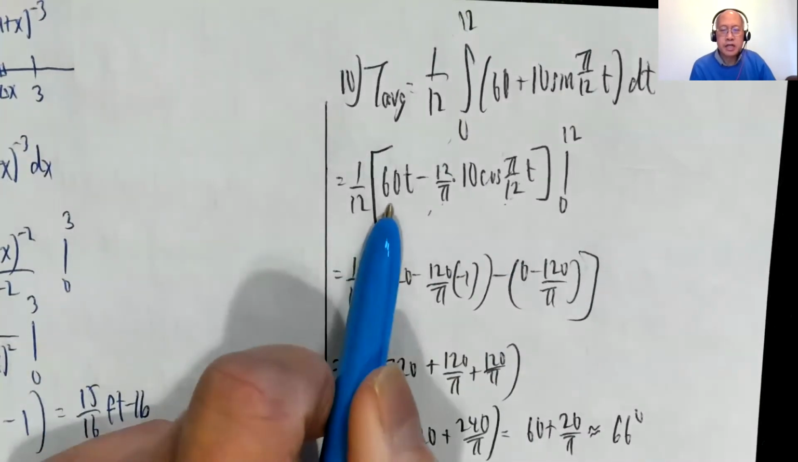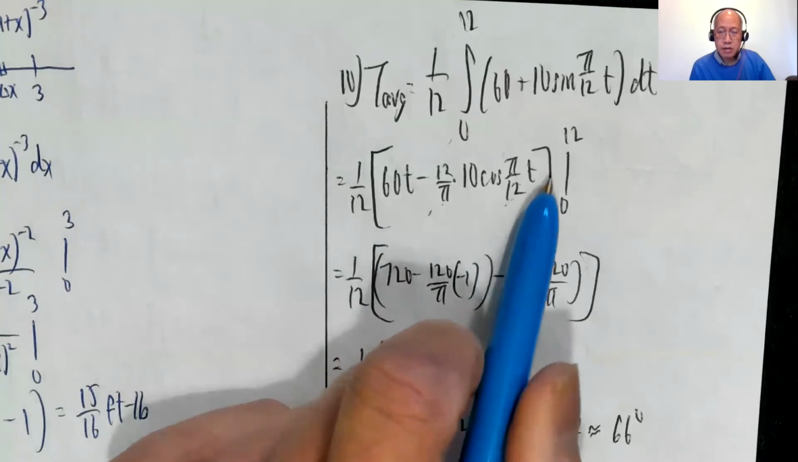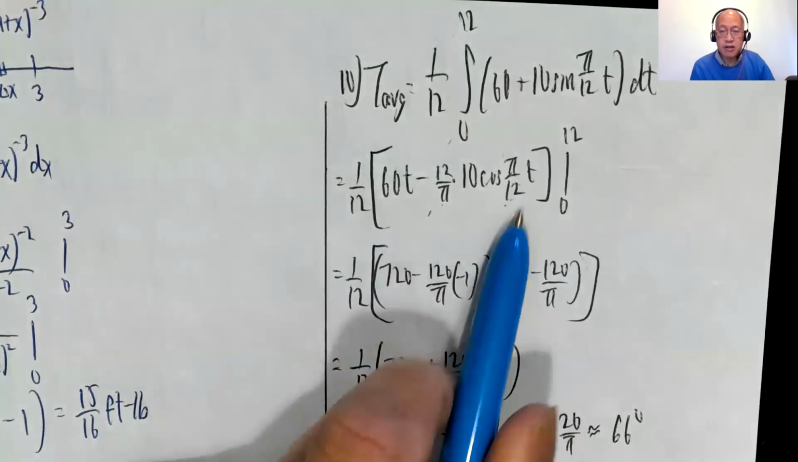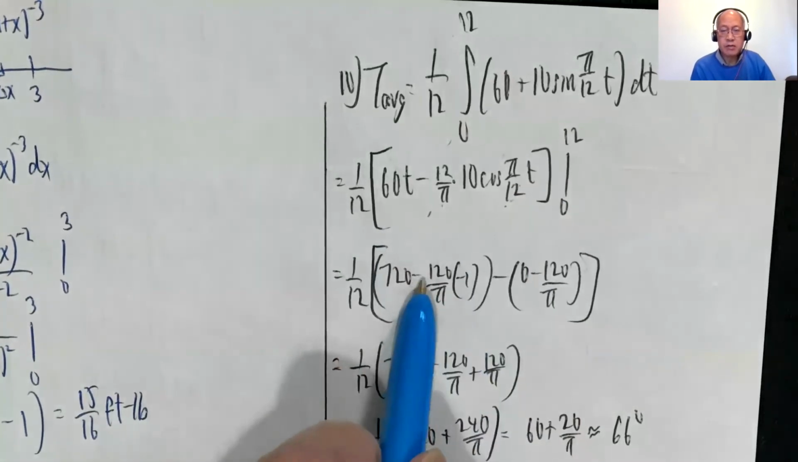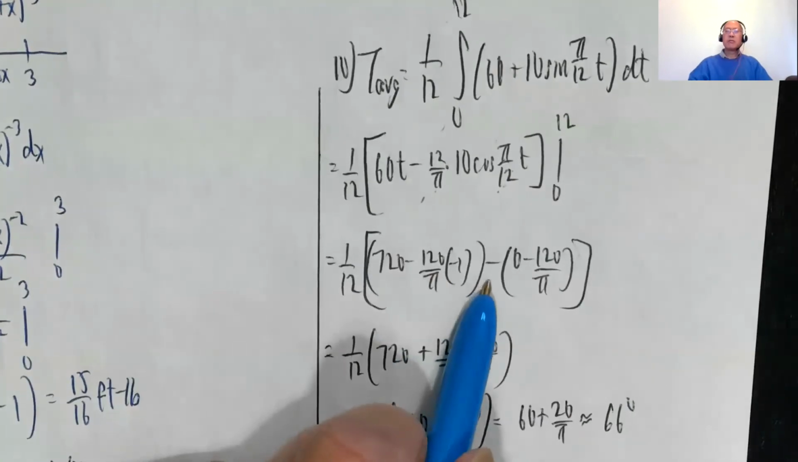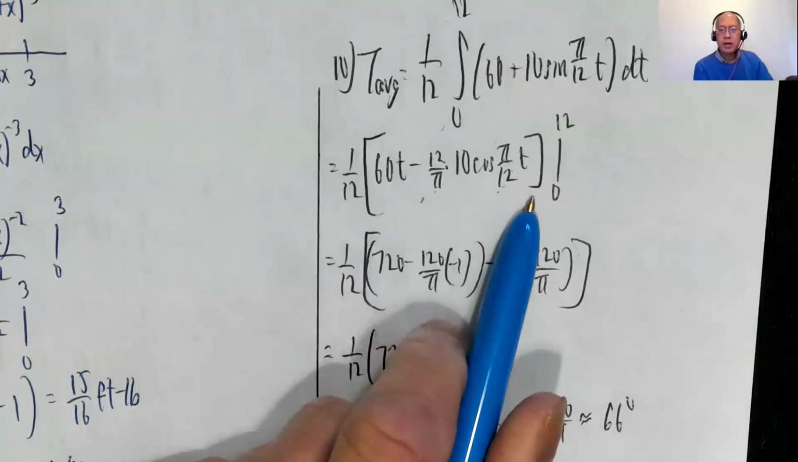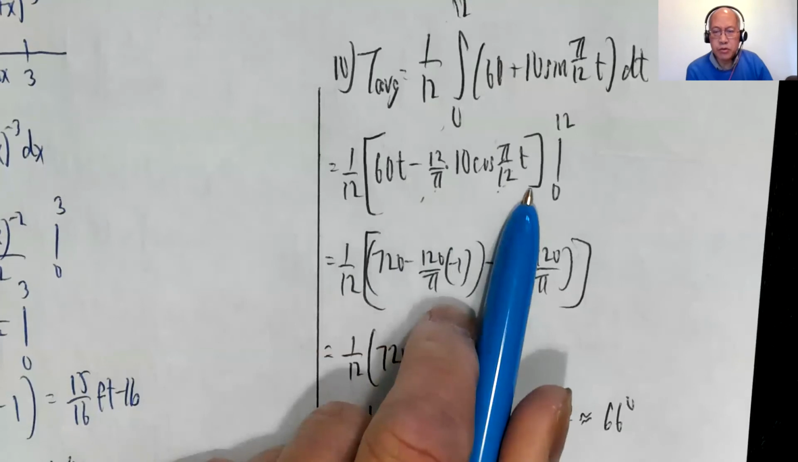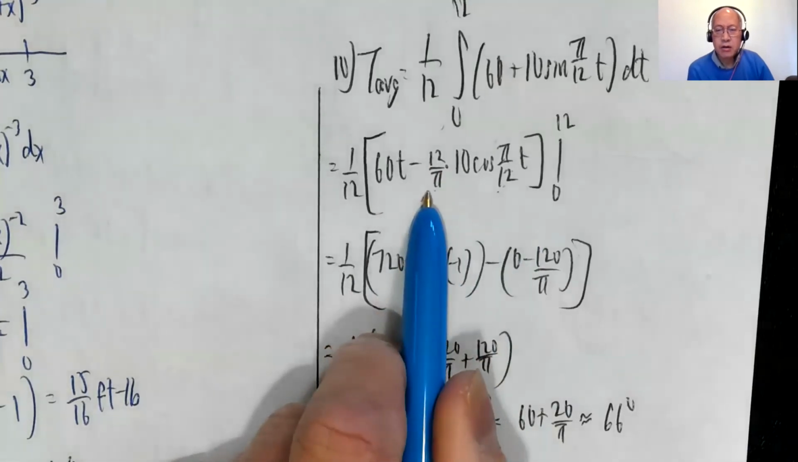Okay, plug in 12: 60 times 12 is 720. And plug in 12 here, I'm taking the cosine of pi, which is negative 1. So minus 120 over pi times negative 1. Minus plug in 0, this is 0. Here you're taking the cosine of 0, which is 1. So negative 120 over pi